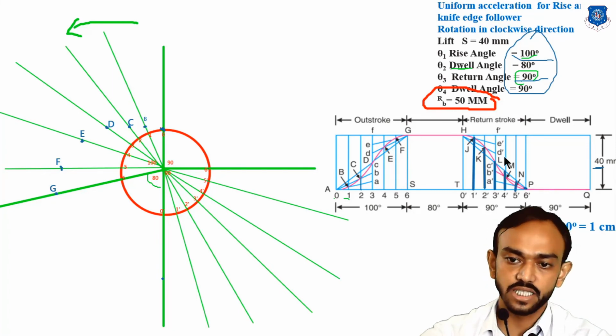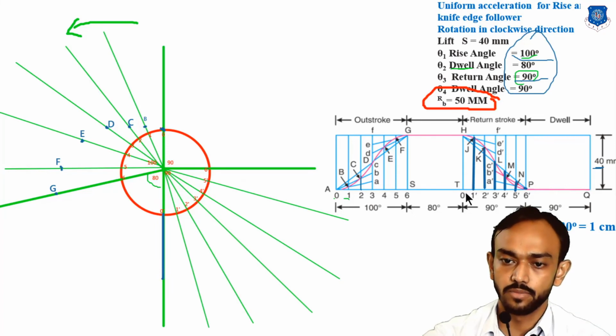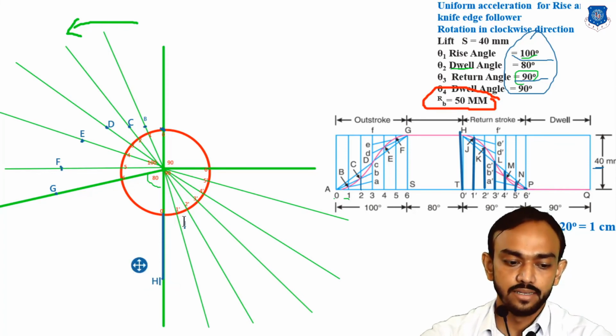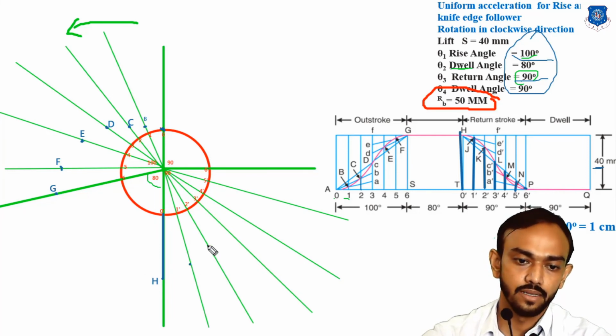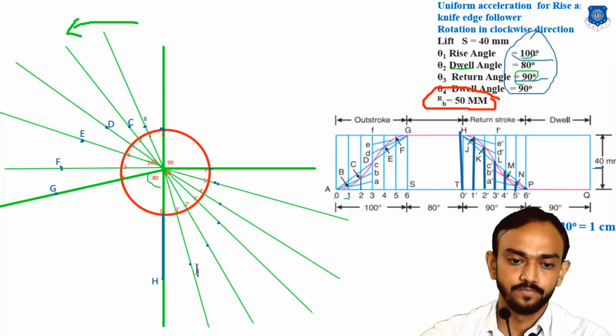So all these distances we are applying here. You can check 0 dash to, this is the distance you already measured from 0 to H, and you will get the H point here. Same you can get H here. After that from H you will get J, K, L, M, N, and at the end there will be P. So give the numbers J,